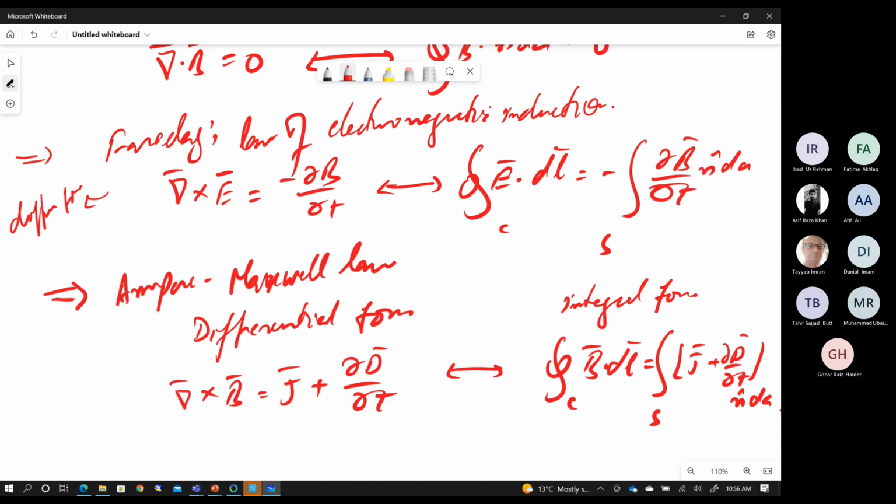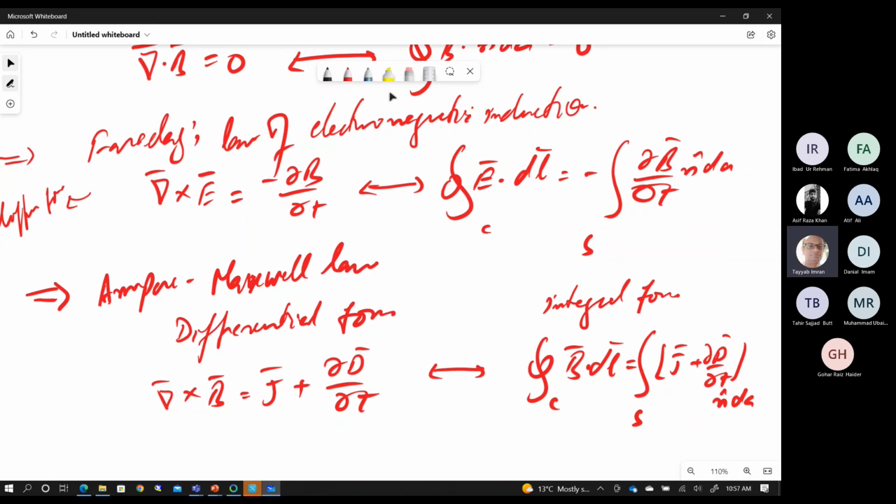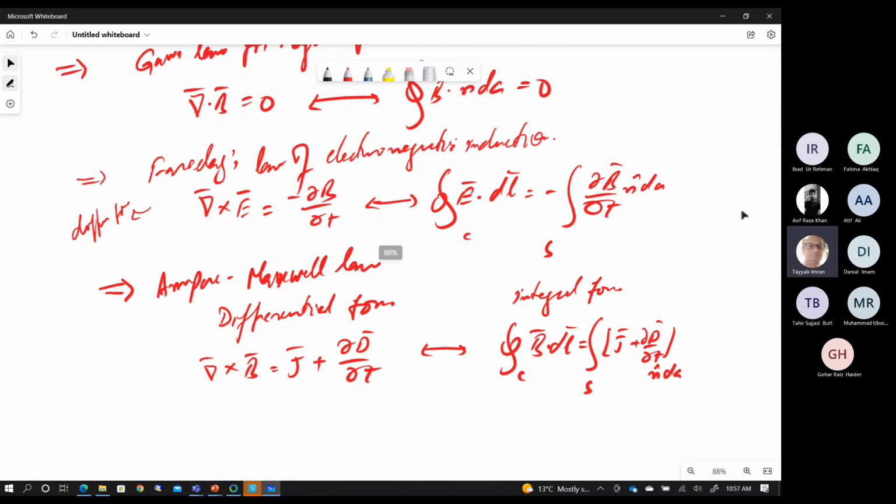we studied today. Its integral form, differential form, ठीक है, और इसकी जो physical significance है, that we'll see in the next lecture, ठीक है, और important to know कि इसकी conversion कैसे होती है, ठीक है। उसके बाद आता है कि इसकी physical significance क्या है, वो अगले लेक्चर में आपको बताऊंगा। It's not in that much detail, लेकिन थोड़ी बहुत होगी, ठीक है।